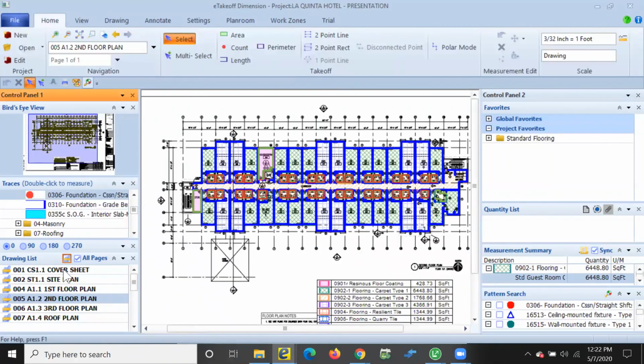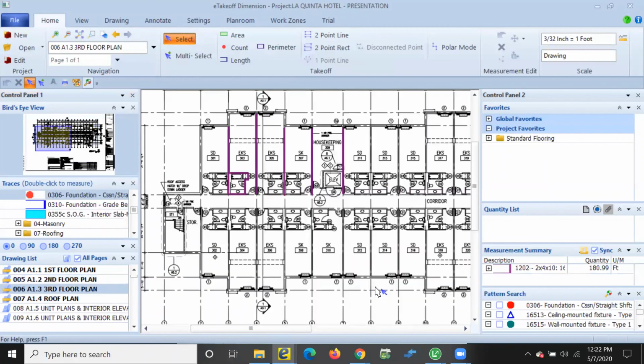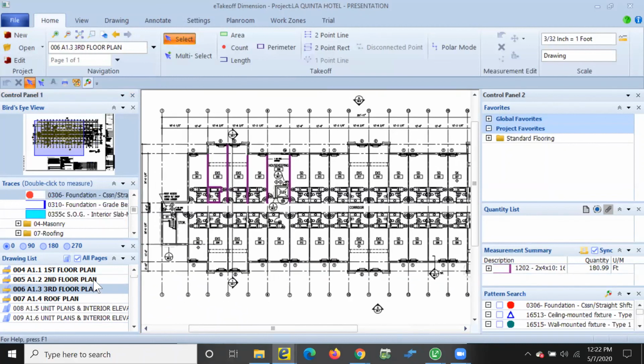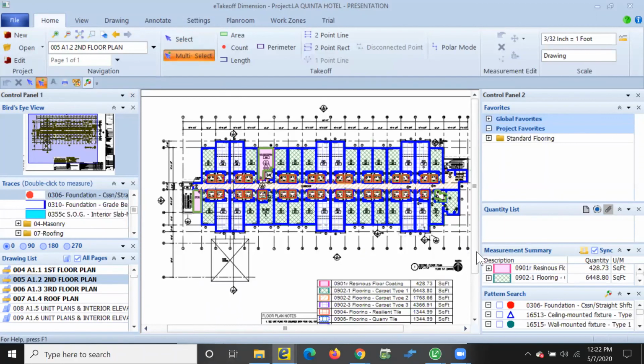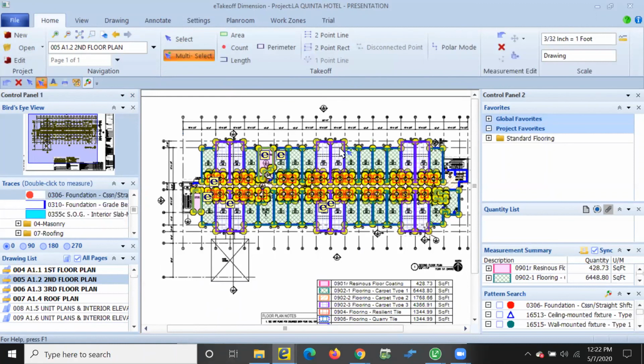We have this big project, 3 floors, it's a hotel, and the floors virtually look the same. I could say, you know what, we don't have flooring on this 3rd floor plan. It looks exactly like the 2nd floor. What I can do is multi-select here, grab all of the flooring here. I've already pre-done this, but I simply dragged and dropped it over into project favorites to the right here in this control panel.